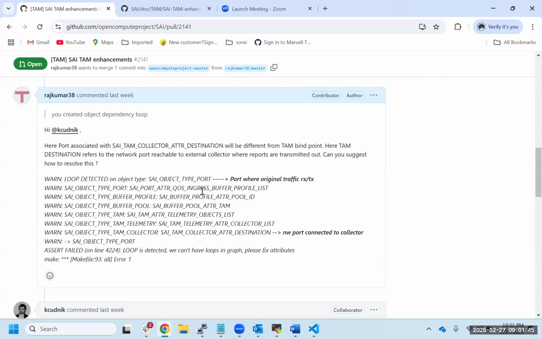Based on those object dependencies, we do a comparison of the configuration before and after, and based on that, we figure out what needs to be changed.